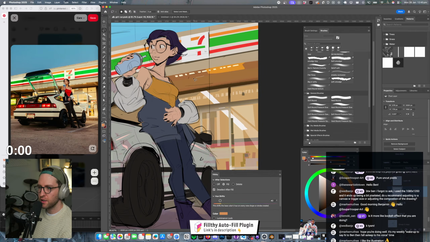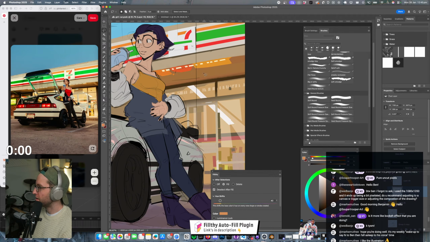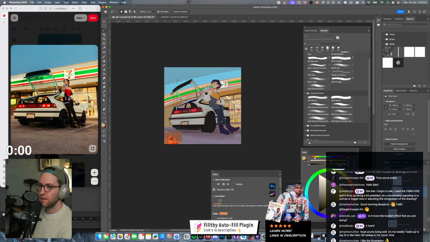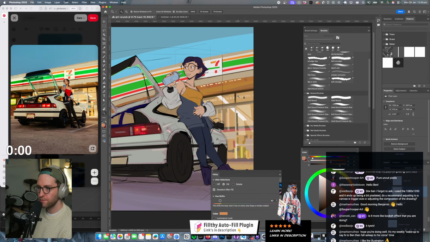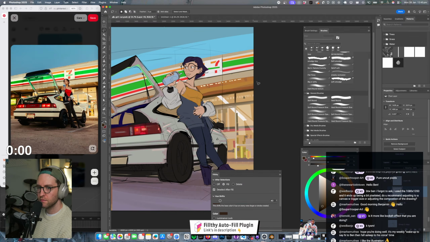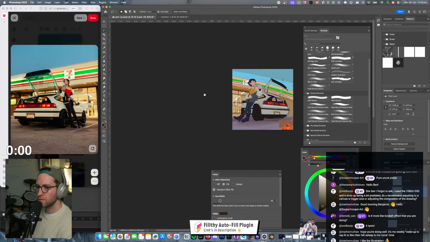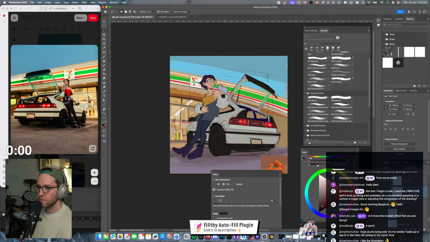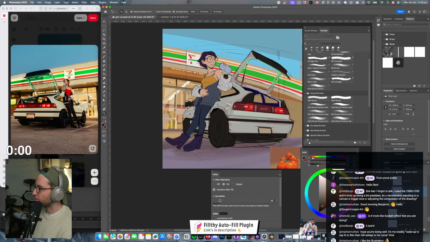But we've broken the seal on the layer modes. Now I'm using them a lot. I'm just using overlay. Okay.